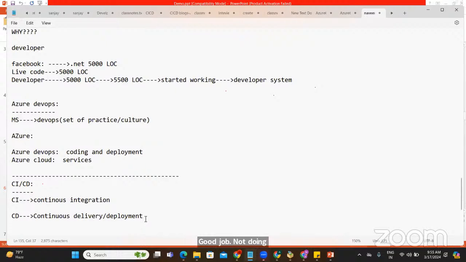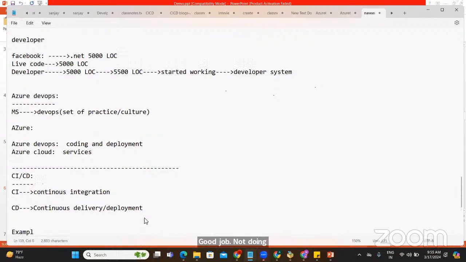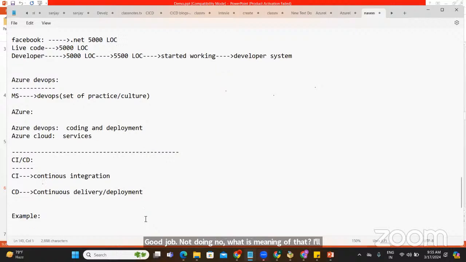I'll tell you a beautiful example. If I say CI/CD, what is the example I'll give you?